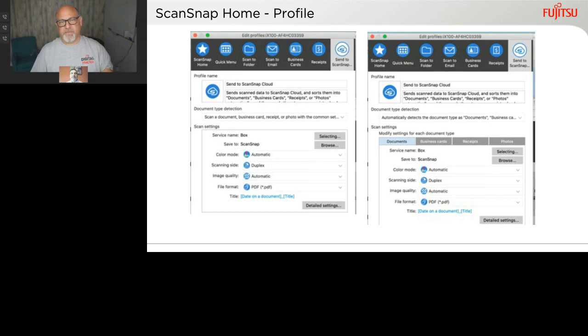So it makes it really easy for anybody to access that, and then from there we can push those documents wherever we need it. And that just makes it easy because, and we'll get into that in just a moment here. But the other option is to detect the document type. It will look for the document, business cards, receipts, and photos. And as you can see on the slide,